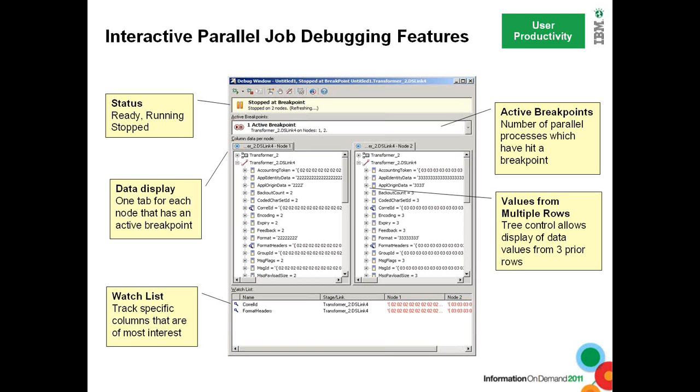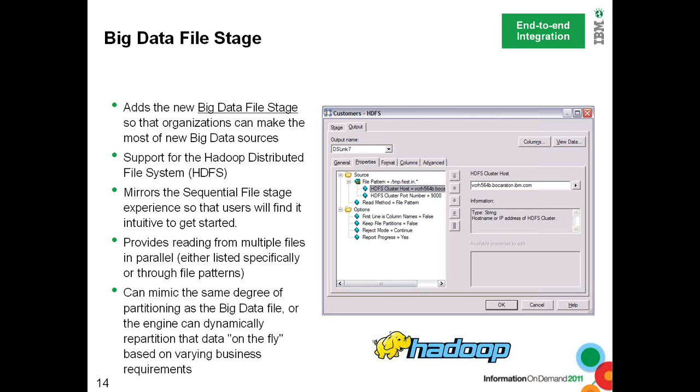So while the screen refreshes, this is introducing the Big Data File stage, similar to the Sequential File stage. One endeavor in the Information Server suite is to maintain the user and the cognitive experience as similar as possible. So this is the first step towards the connectivity issue, connectivity towards Hadoop.